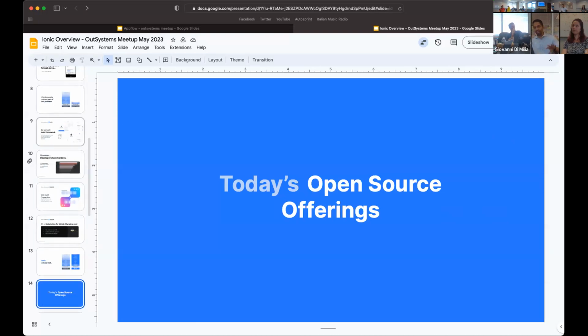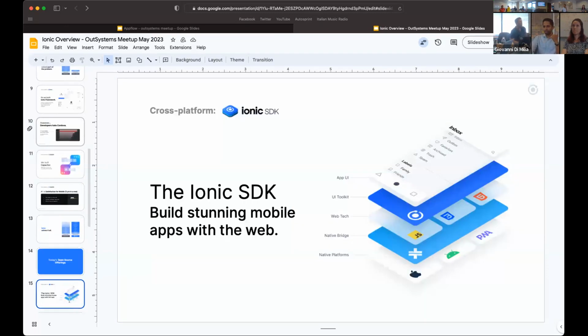So with that little bit of backstory, let's take a deeper dive into our open source offerings. Overall, we refer to all of our open source offerings together as the Ionic SDK, or software development kit. And like I said before, it helps you build fantastic looking mobile applications with web technology.